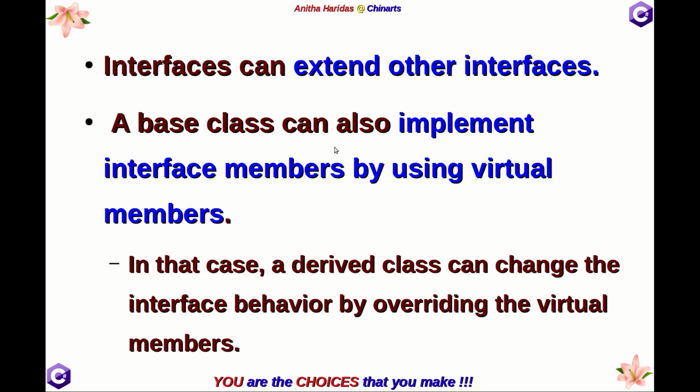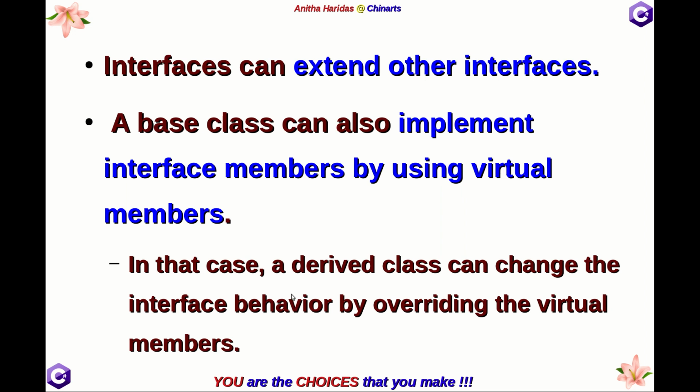Now, interfaces can extend other interfaces. We have seen in yesterday's video an example also. Apart from that, a base class can also implement interface members by using virtual members. The interface members can be implemented by using the virtual modifier.